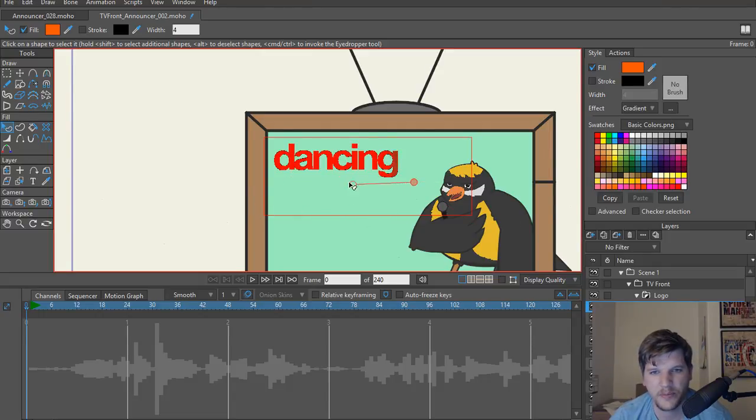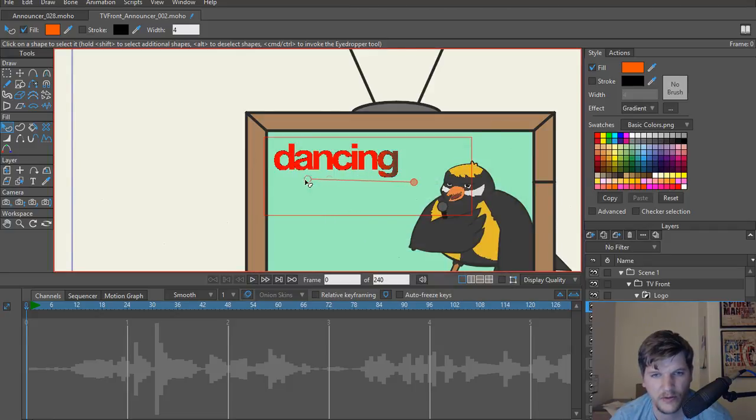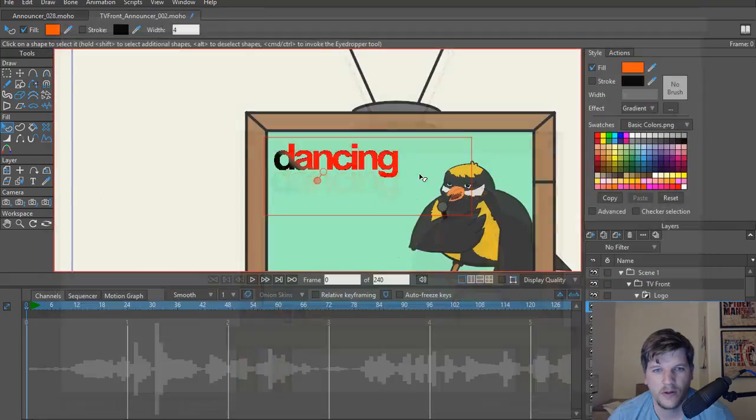Oh, why is it going opposite? I don't understand that. So this is linear, radial, reflective, angle. Yeah, I want it linear. Why is this not working right? Is this the main? Oh, I'm getting really weird results. This is not working like I thought it would. Let's see how it...